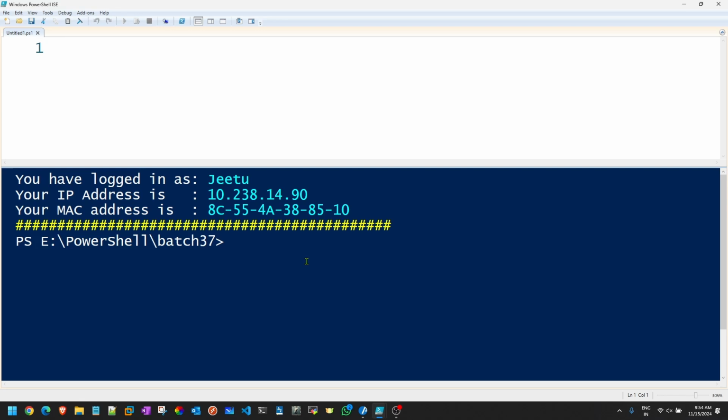Whenever I want it to be loaded a bit faster, I just go and comment the data or remove the program from there. It is all up to you what you want to fetch and get on your screen. But the moment PowerShell ISE or PowerShell is opened, at that particular time it should pop up some information. That's the file you should be using.